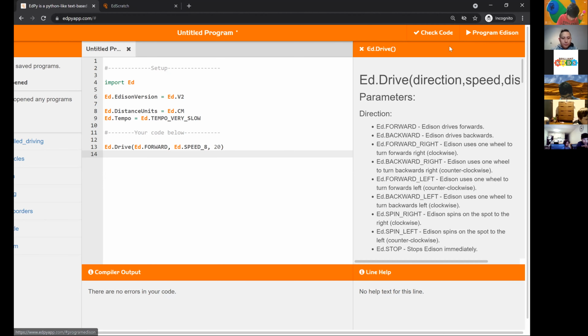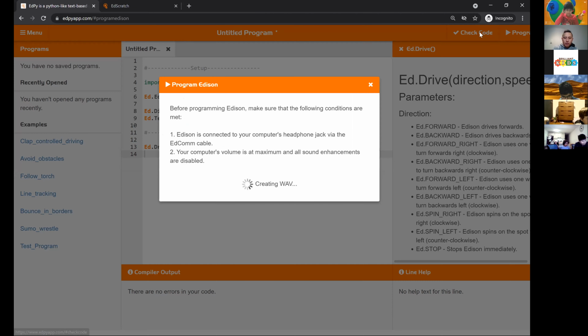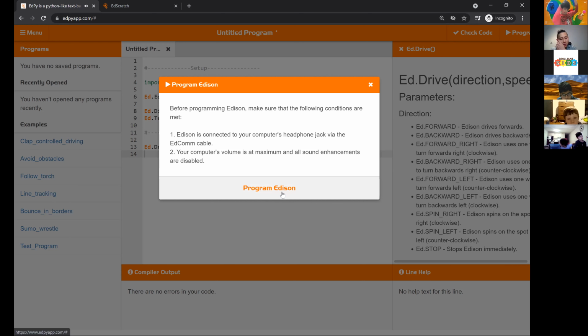So we are going to program Edison, and it's going to be the same thing. So set this up. You do the same thing, put the circle, and then you program it. Okay, I'll just quickly set this up again.